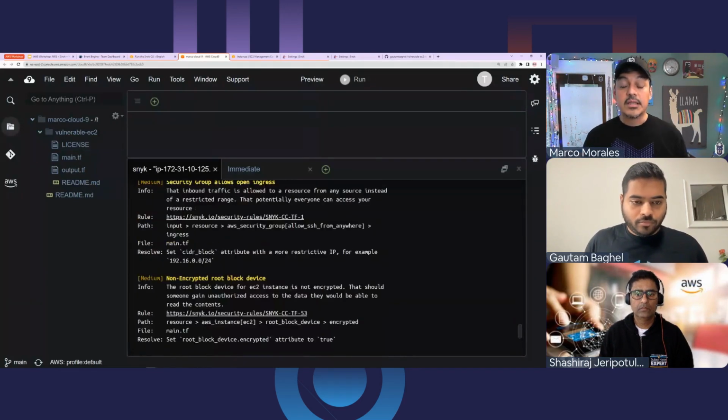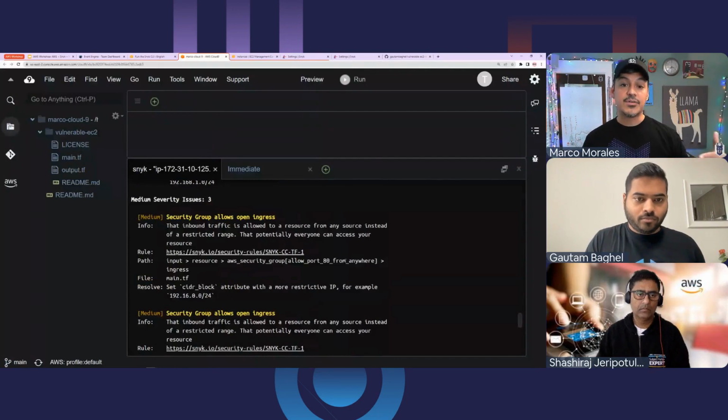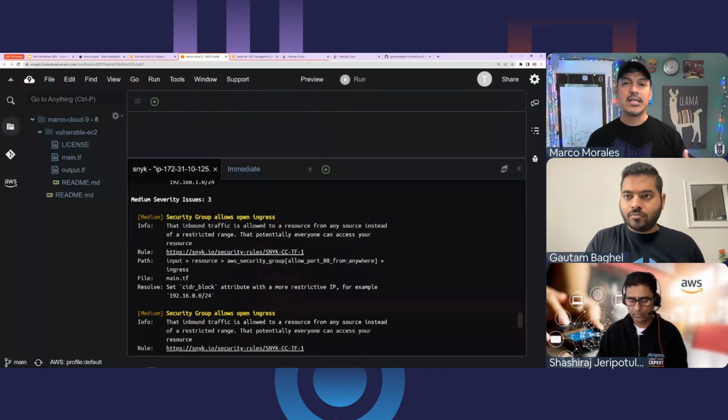If I were to look at this from my IDE or my command line or later on in the web page, you'll see all the results have a similar structure where we try to present things in a nice format: here's the severity, here's a description like a title, here's some information, links to externally publicly available databases and pages that describe those vulnerabilities, and maybe even some resolution. It's one thing to tell people you have an issue here, but it's another to tell people here's what we think you need to do to fix that problem. And that's going to be the basis.